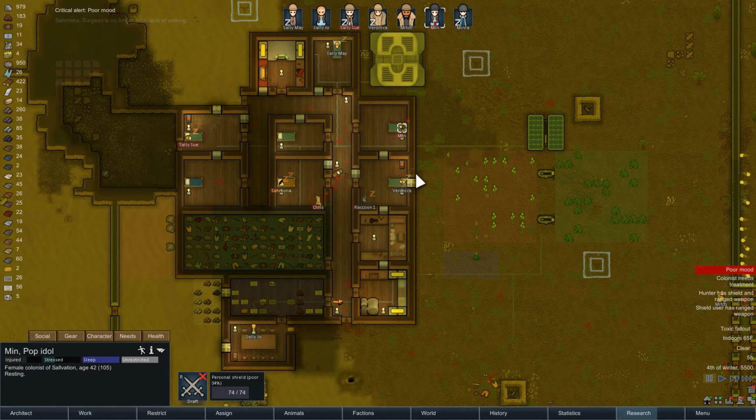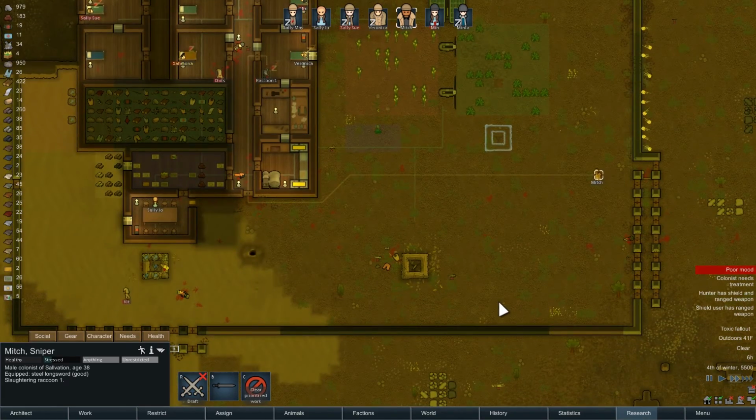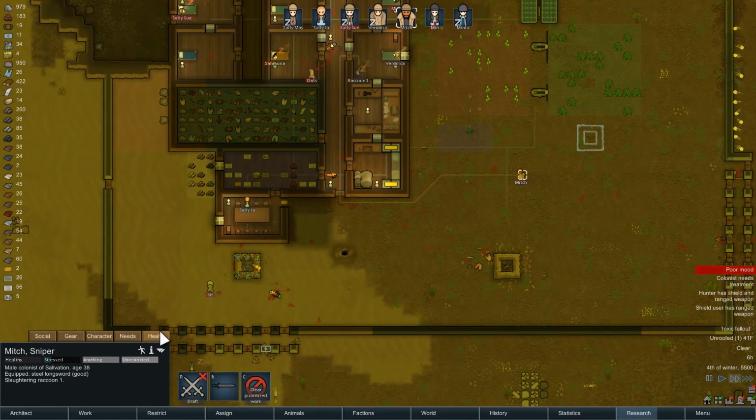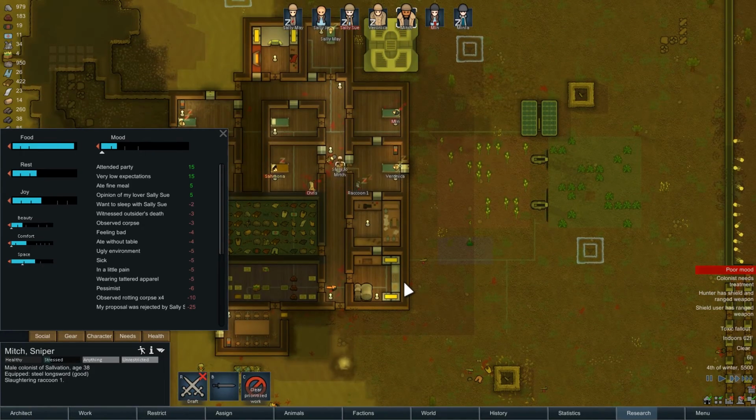I'm not sure who the animal handler is at this point. Are you an animal handler? Yeah. Can you come over here and kill the raccoon, please? And I'm gonna keep an eye on his mood just to see what happens. Because I'm not really sure what happens when...